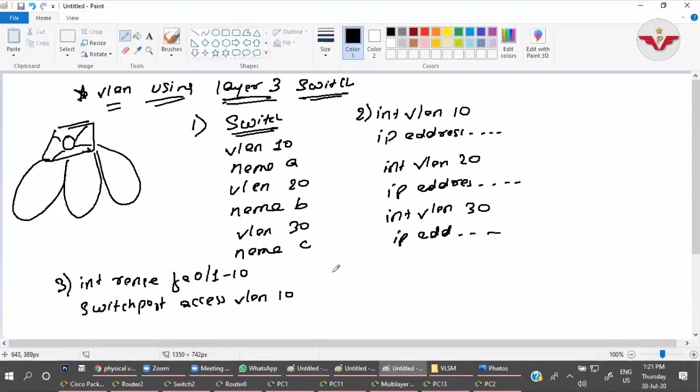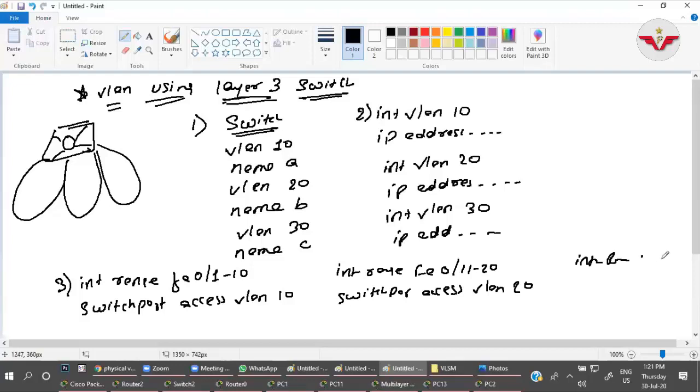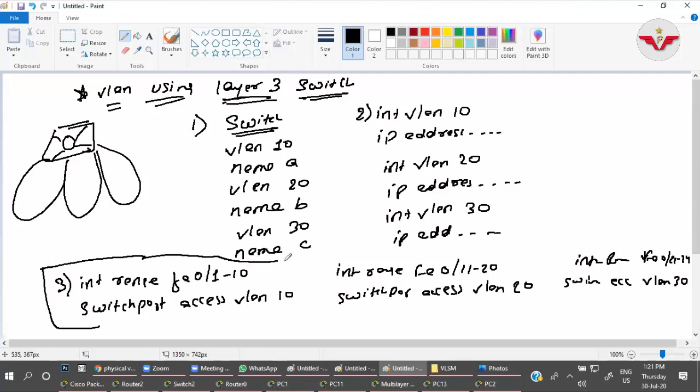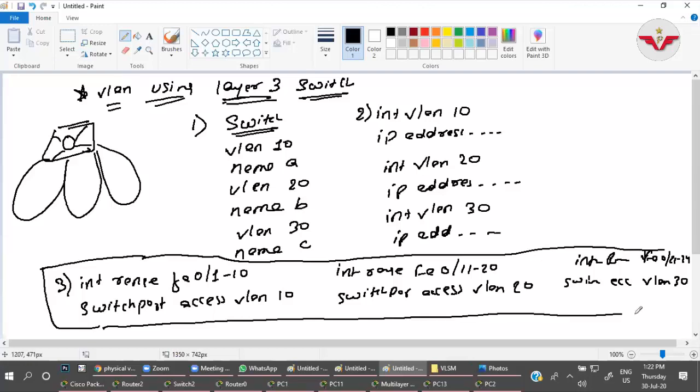Then int range fa0/11 to 20, switchport access VLAN 20, and then the same with int range fa0/21 to 24, switchport access VLAN 30. Okay. This is the third step, and the fourth step was